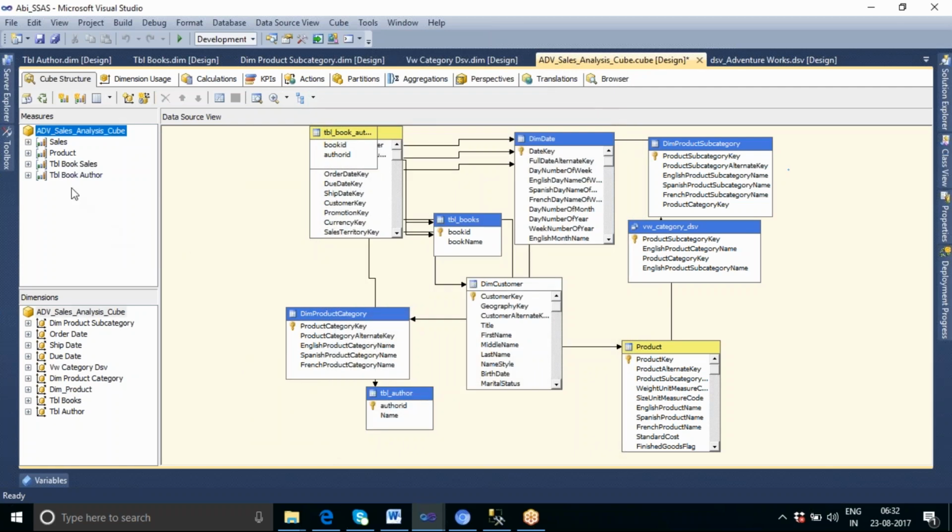Okay, so the table book author is a fact table I have added, but it does not contain any fact. For table book sales, we have one fact called sale amount, some measure is there, but here there is no measure. So it is a default dummy count.